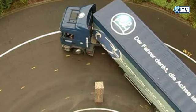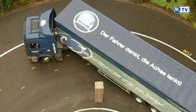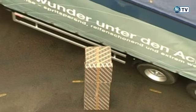On long-distance work on the motorway, and I'm an optimist in this respect, we probably now cover 500,000 kilometers with one set of tires on a trailer. Before, we used to get an average of 180 to 200 or 250,000 kilometers maximum by changing the tires around on the axles. The maneuverability of tractor unit and trailer now plays an ever more important role, and not just